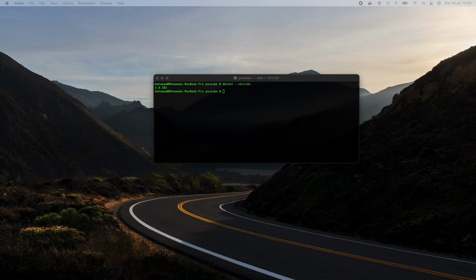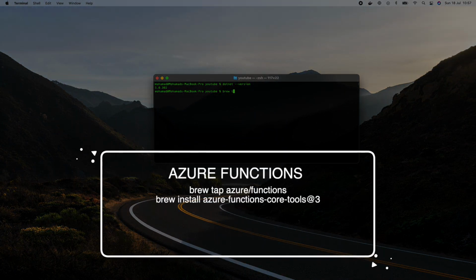Since I'm on my Mac, I'm going to be utilizing Homebrew, and I'm going to add the link in the description where you can download it for Windows and different operating systems. If you're using a Mac and you want to get started with Homebrew, all you need to do is type brew tap